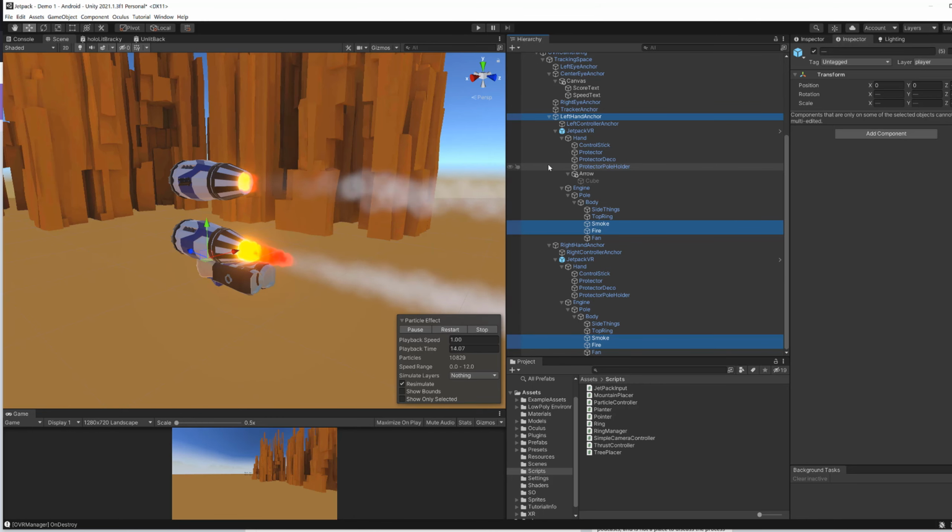In this video we are going to take the jetpack that we made in Blender and take it into Unity. And then we're going to add some particle effects. We're going to make the fire and the smoke. And I'm also going to show you how you can use scripts to control those, so you can easily blend